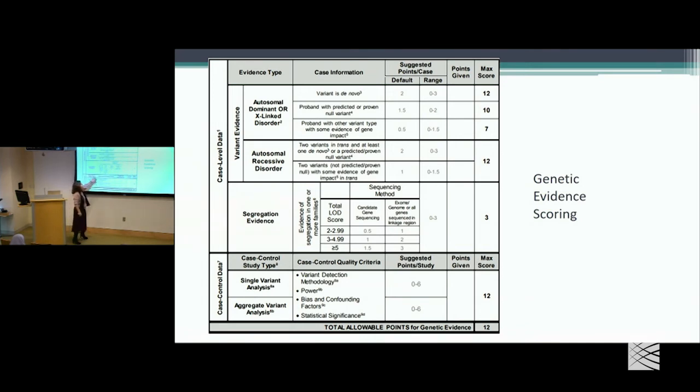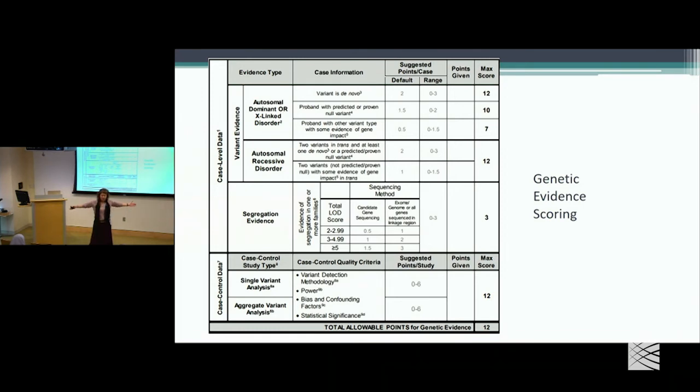But it's important to keep in mind that even with a LOD score of 5, or usually 3, which is enough to get your paper published, that is still implicating a locus with high statistical confidence. It is not implicating that gene, right? A linkage interval with a LOD score of 3 typically has about 100 genes in that region that all have the same level of statistical evidence that they're important, right?